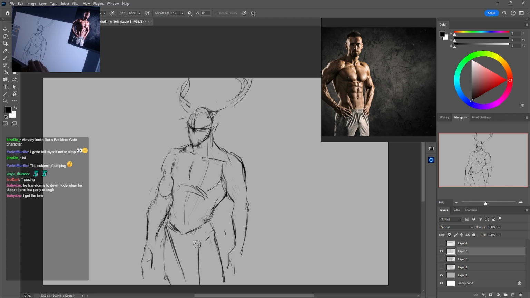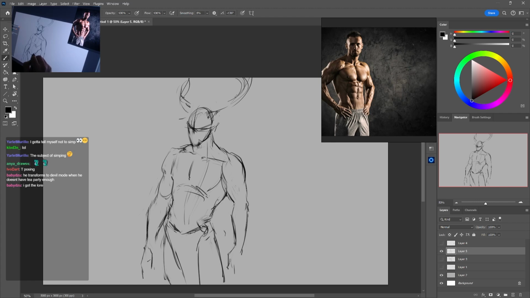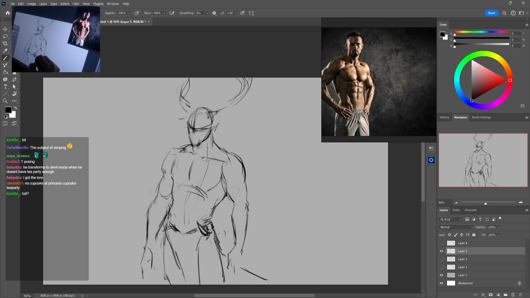So let's make his loincloth a little bit more interesting here, right? Since we got rid of his tusks in the humanoid form, I'm gonna stick the tusk here to keep his outfit on, right? Because that makes sense. Why not? Yeah, you can have a tail. We'll stick a tail in. Put a tail here.